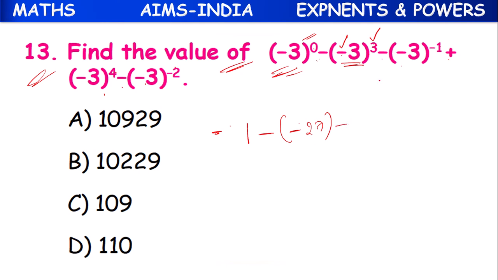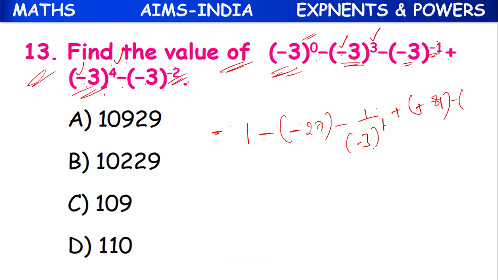Minus, here whole to the power of minus 1, a negative exponent is there. So we can write (minus 3) whole power minus 1 as 1 by (minus 3) whole power 1, a positive exponent. Plus (minus 3) whole power 4: minus is there, but the exponent is even, so minus will become plus. 3 power 4 means 3 into 3 into 3 into 3, equal to 81, plus 81.